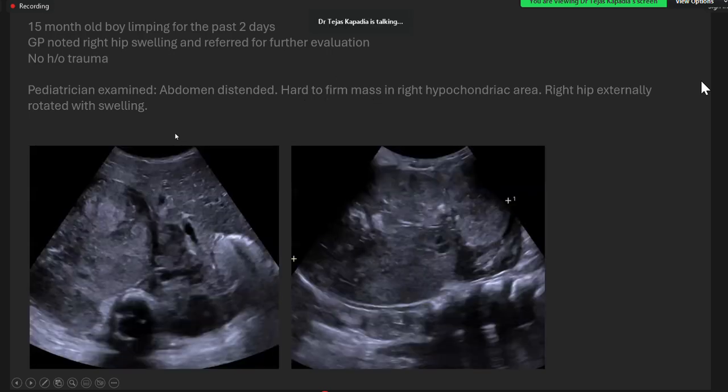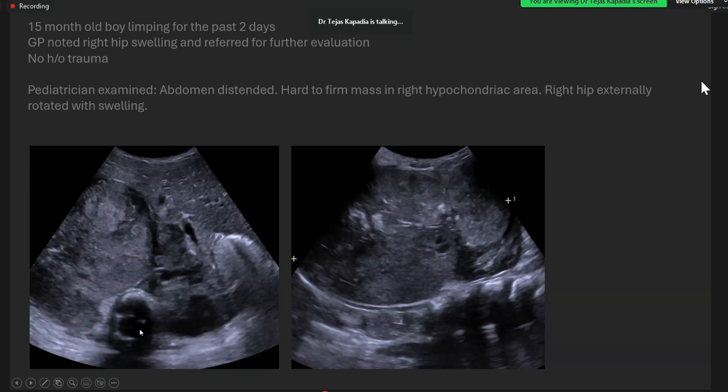So they referred them for an ultrasound. Ultrasound shows this typical hypochondral region mass lesion, appearing quite heterogeneous in echogenicity with some echogenic areas, some possible necrotic areas, possible areas of calcification, quite large. Now here we can see it's not very diffusely infiltrating, but there's lots going on in the middle aspect of the